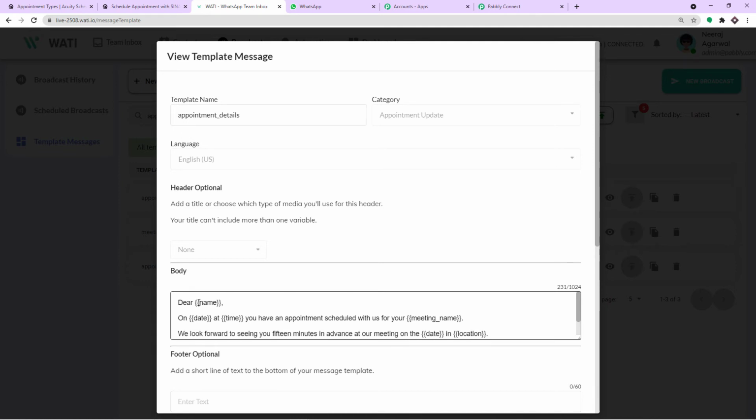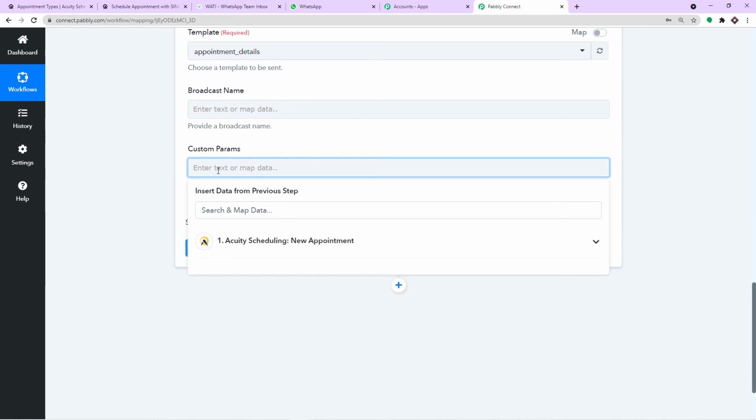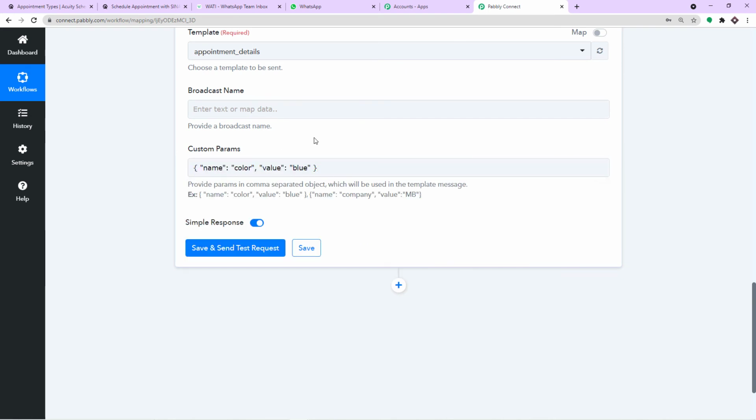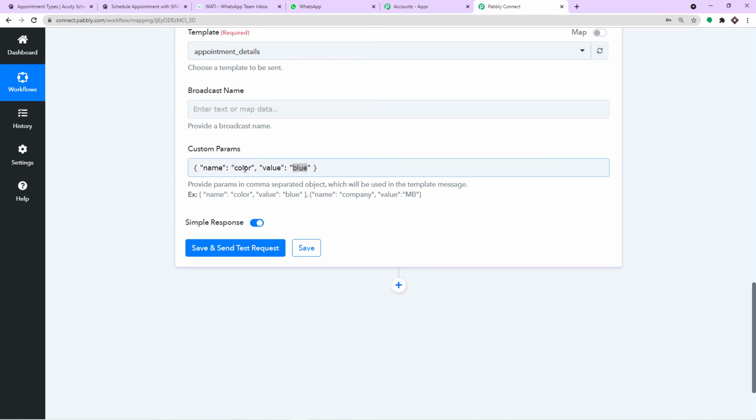So let's start with the first parameter, that is name. What I'm going to do here is just observe carefully. You don't really have to understand anything. Just observe. I'm just going to copy this code and paste it here. So easy. Now the name of the parameter earlier in this particular code is color, and the value of color is blue. Now imagine the name of the parameter is, let's say, phone number. The value will be some 10-digit number. If the parameter name is age, the value would have been the age, let's say any random number, like 23, 16, 43. So my point is, what if the name is the name?